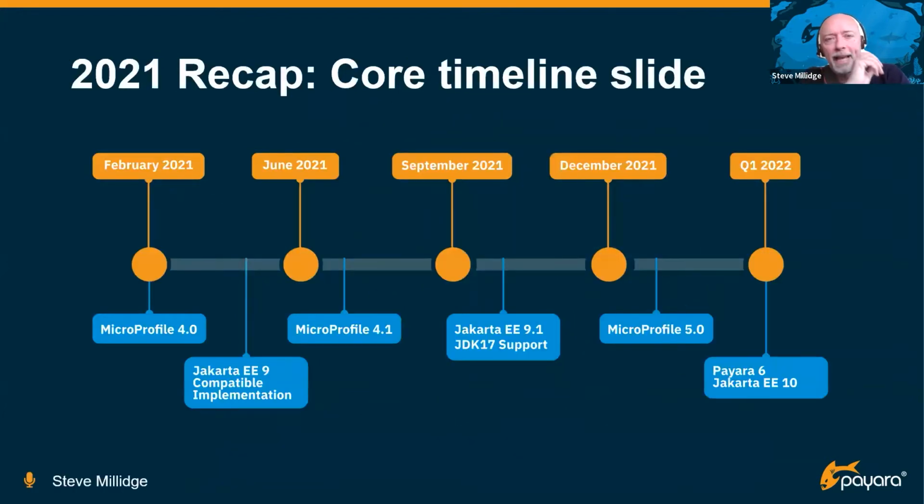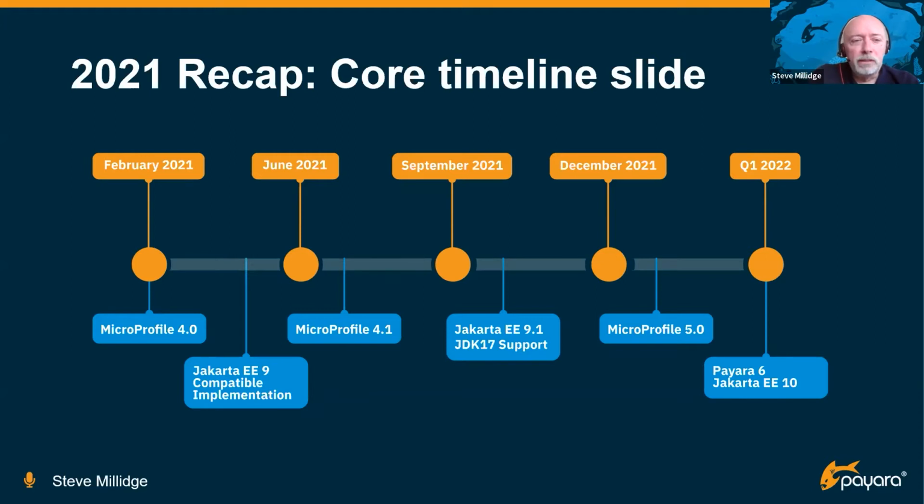So let's have a quick recap on what we delivered on the standards front. Obviously, Payara is a Jakarta EE and MicroProfile platform, first and foremost. A lot of our work is done on standards and updating the platform to the latest standards. And that includes MicroProfile standards, Jakarta EE standards, and JDK. Probably 70–80% of our developer time is on maintaining standards compliance and bringing the latest standards to developers and users of the Payara platform.